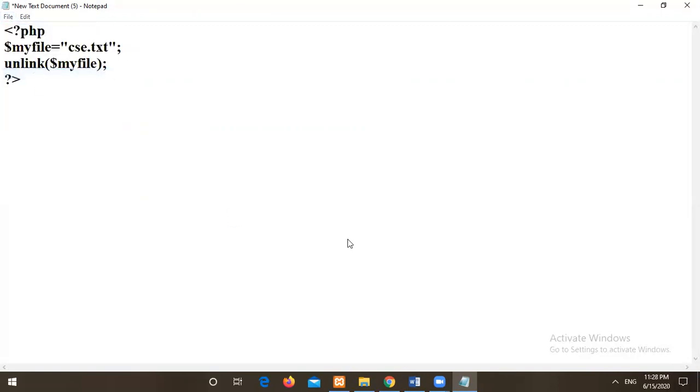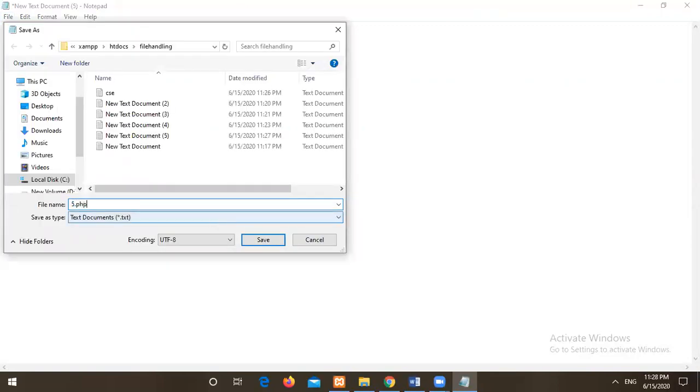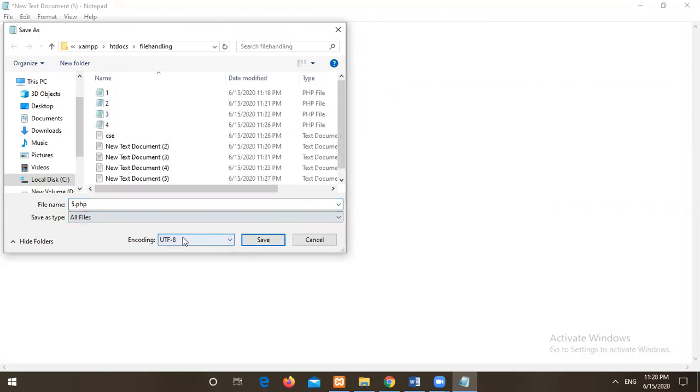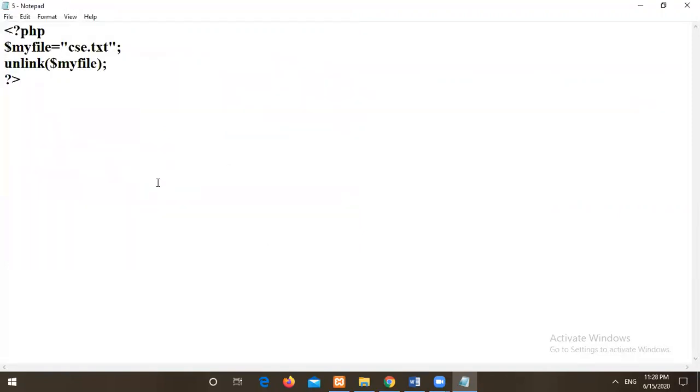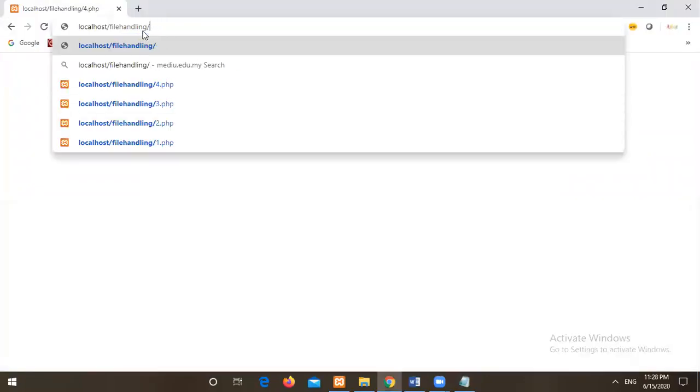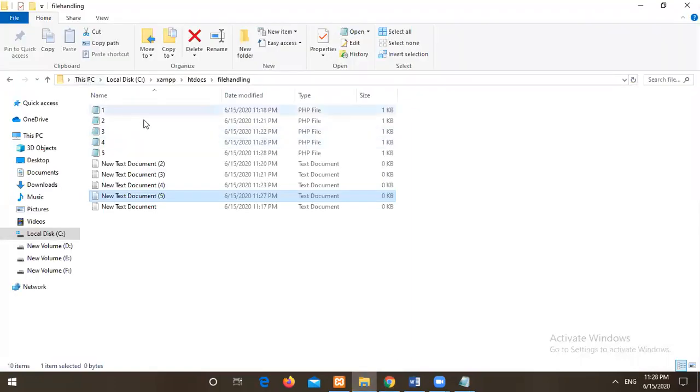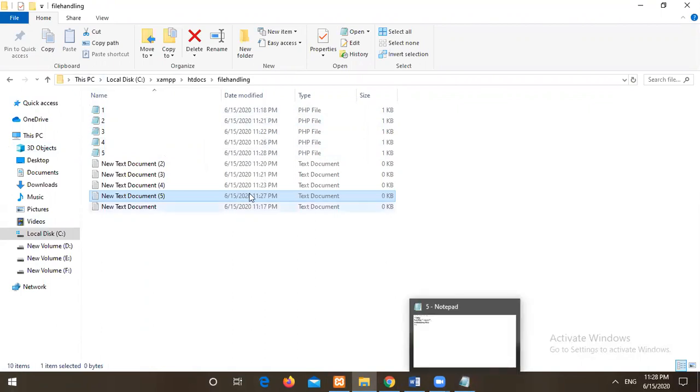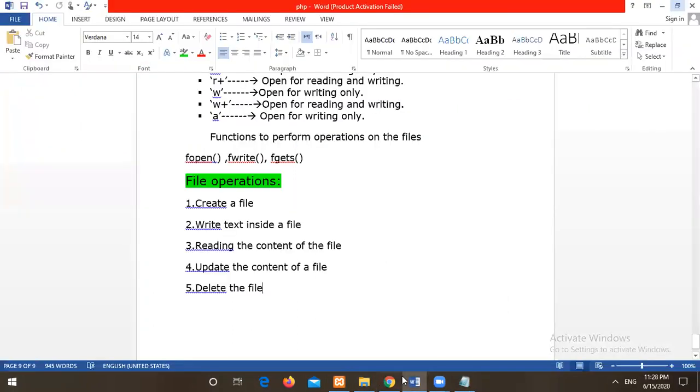Okay, this is how you can delete the file. Here I will save this program with file.php. Right, save it. Just go to browser again, just change the program name here, file.php. So it is not giving me any error. That means it has successfully executed. Now here I will go to this location. Here I can't see that file, right? It is being deleted. So similarly, you can close that file with the help of the fclose function, right? Okay. Thanks for watching.